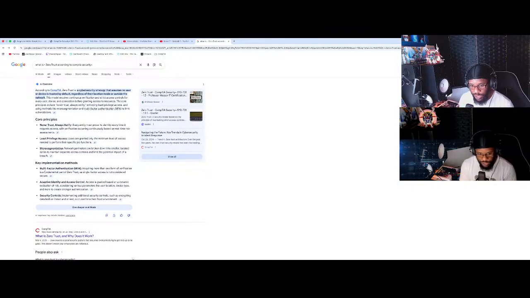Then we talk about adaptive identity and access control. So access is granted based on a dynamic evaluation of risk, considering various parameters like user location, device type, and more to create stronger authentication. So let's talk about geolocation, right? If I work in Baltimore and my office is in Baltimore, and I usually log in from Baltimore, then